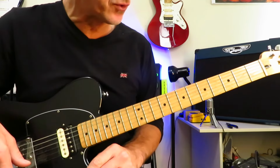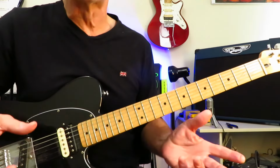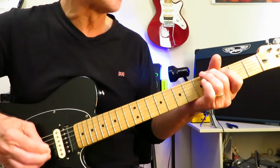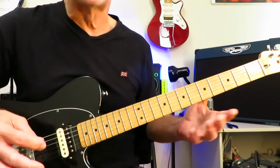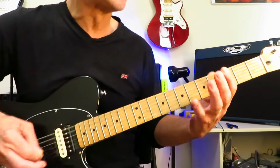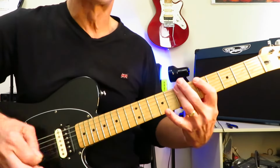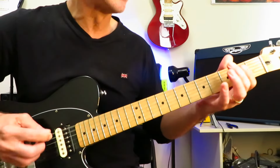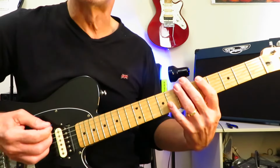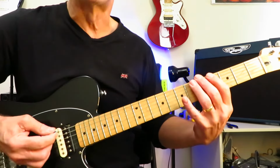So we're not going to cover it in this tutorial, but I will show you what's going on underneath the solo, the rhythm parts. So it's very similar to what we were playing earlier. We're coming out of the main riff. And here's what's going on underneath the solo. Right, so again, 5/7 power chords, same as we did earlier. Off to 4/5,